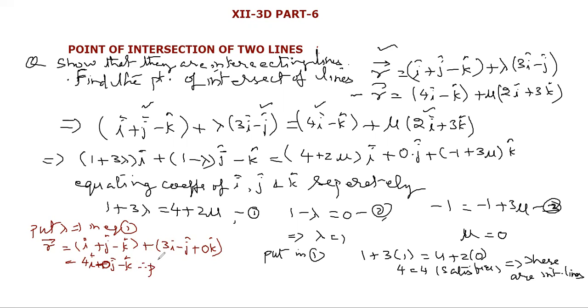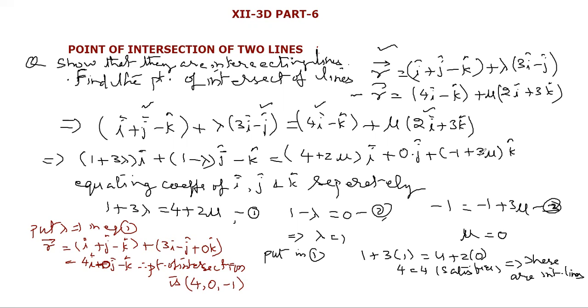Therefore their point of intersection is 4 0 minus 1. So if you have to find the point of intersection, find the value of lambda or